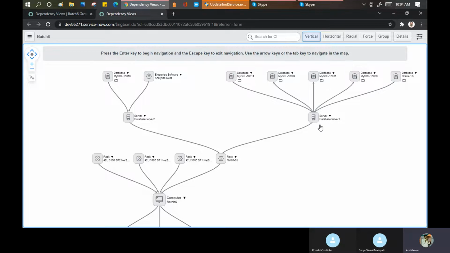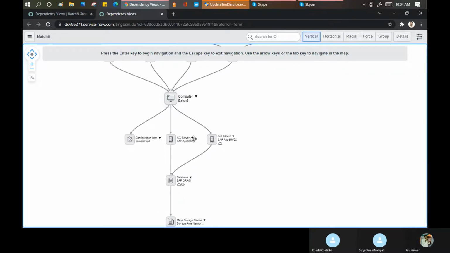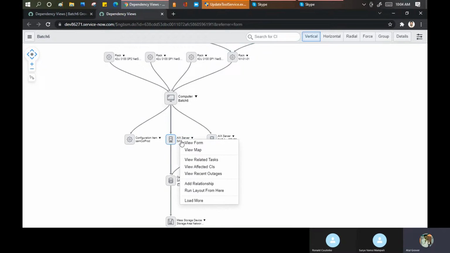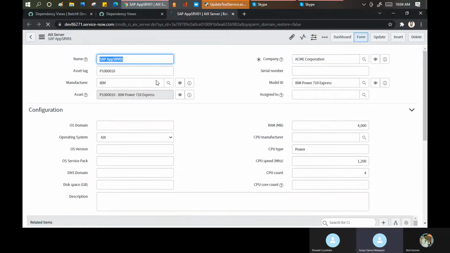So in our change, we always have a mechanism to check, if I'm deploying a change on this, how the downstream will be affected. Do I need to take approval from these CI owners as well? If I open this, let me click and open this view. The employees working under this project will also be affected by this change, right? First of all, your service will be impacted.